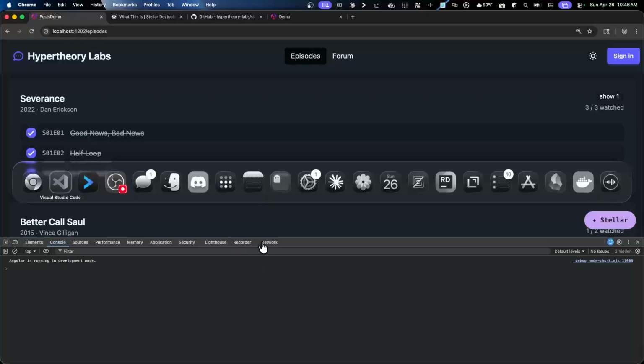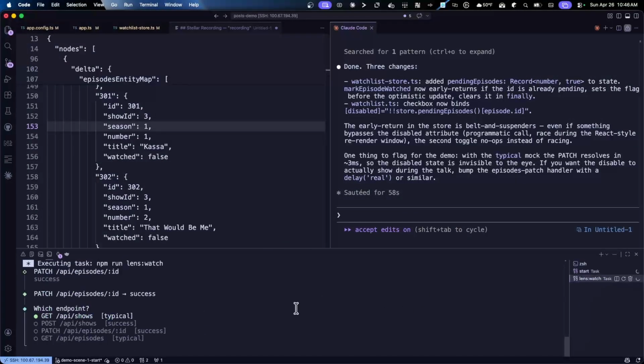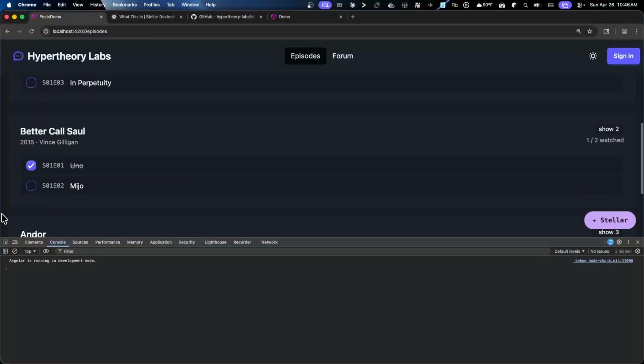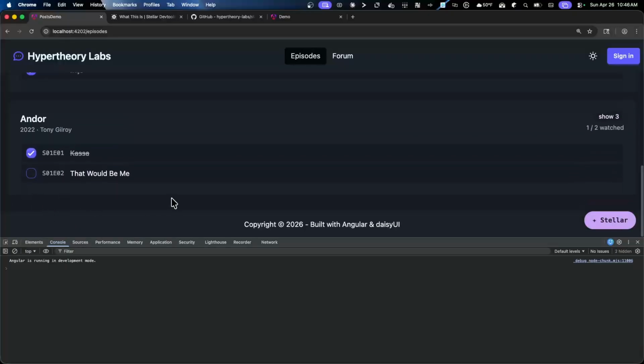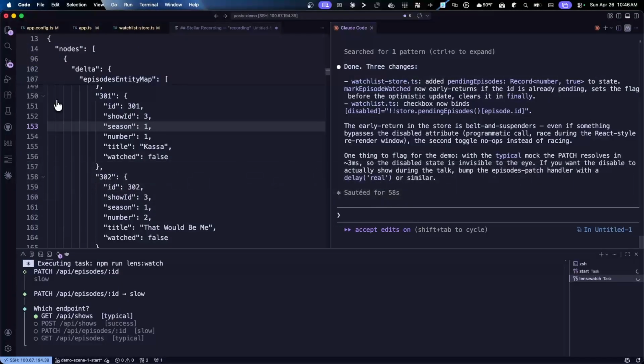So what I'm going to do is, if you watched the last video with this MSW lens, I'm going to make the patch slow here, so you can see it a little better on those, etc. So that gives you an idea of what you can do. It can see what's going on with the application. All sorts of things like